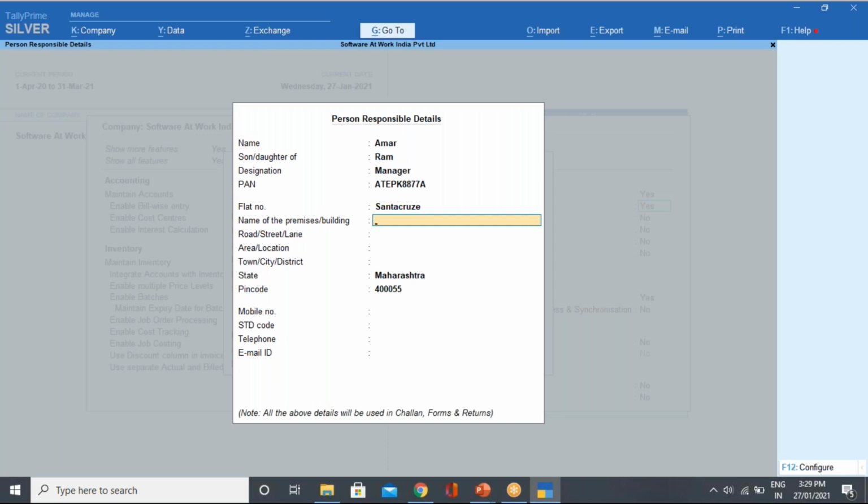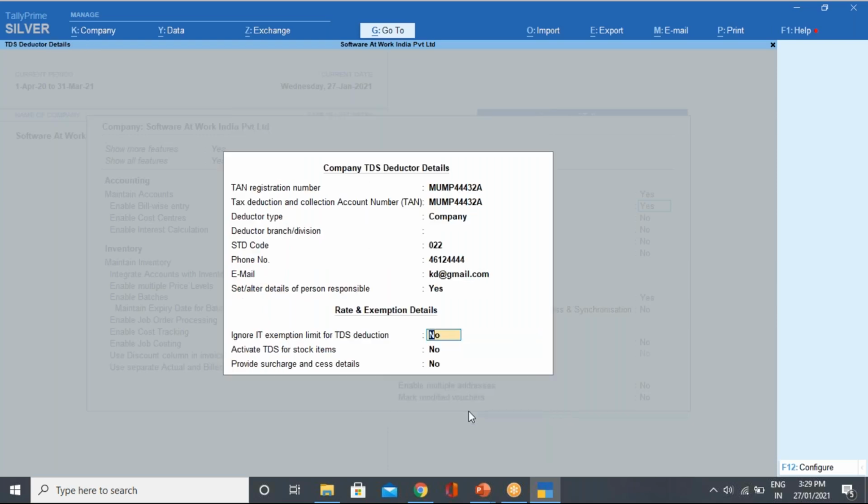Provide the details like where he is residing, his town, city. You can see in the note that all the above details will be used in challan forms and returns. So keep in mind, these details should be used for challan forms and returns. I will accept this one.